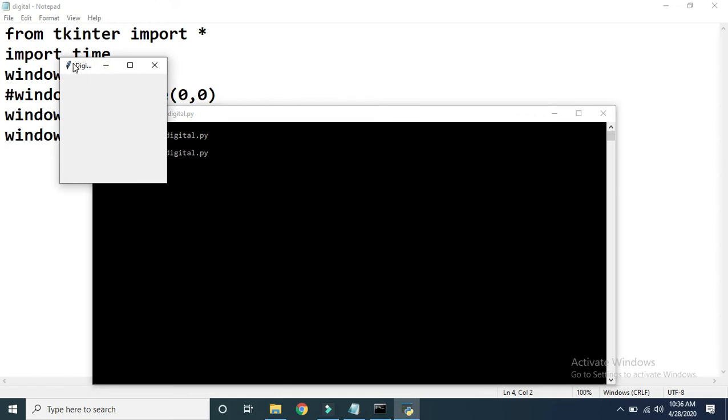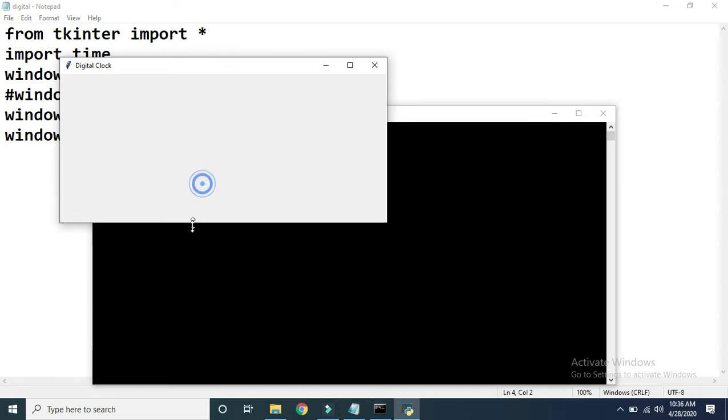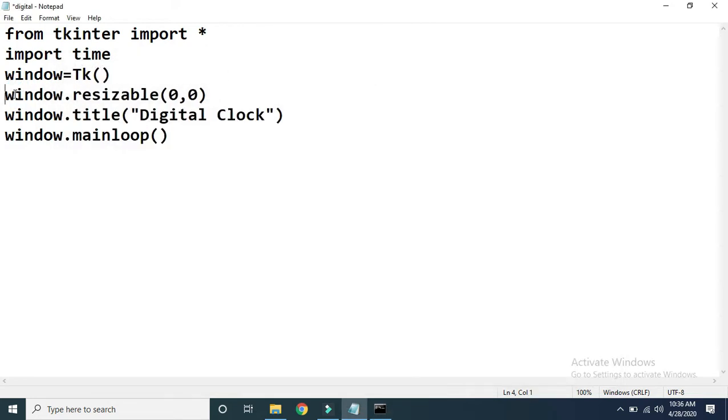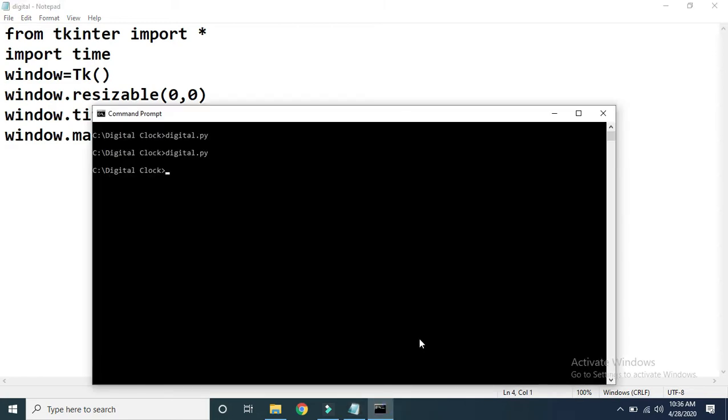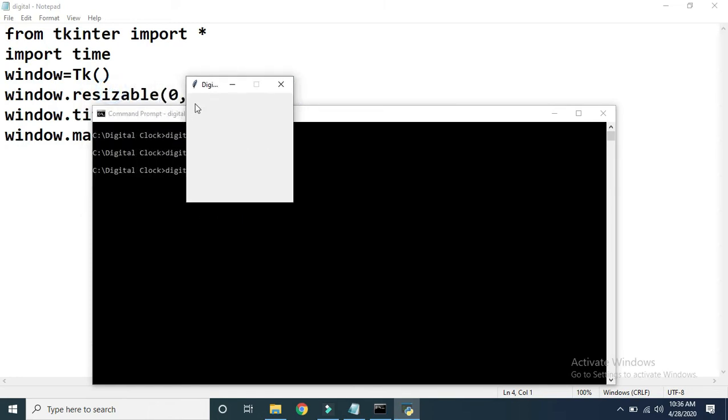By default we have not set any dimension for this window, so we get the default dimension, and it is possible for me to change its width and also its height. Now if I remove the comment of the resizable line and execute this program once again, then it is not possible for us to change the dimension of this window. So this is the use of the resizable method.